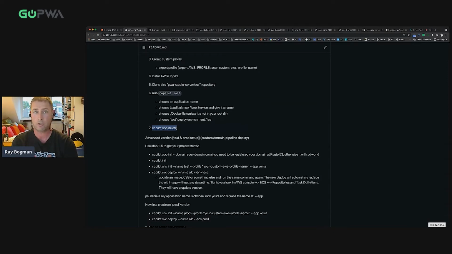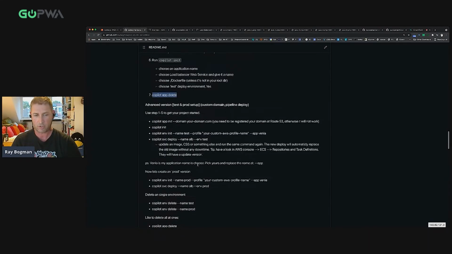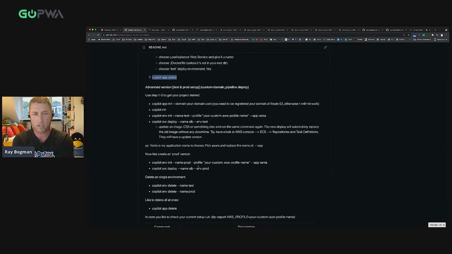So ideally, you don't need to go even in AWS to remove all the services that are being created in the background. And keep in mind, many AWS services are automatically created from load balancer to the repository up until domains and SSL certificates. More later on those SSL certificates, because there's definitely more to it to configure that.